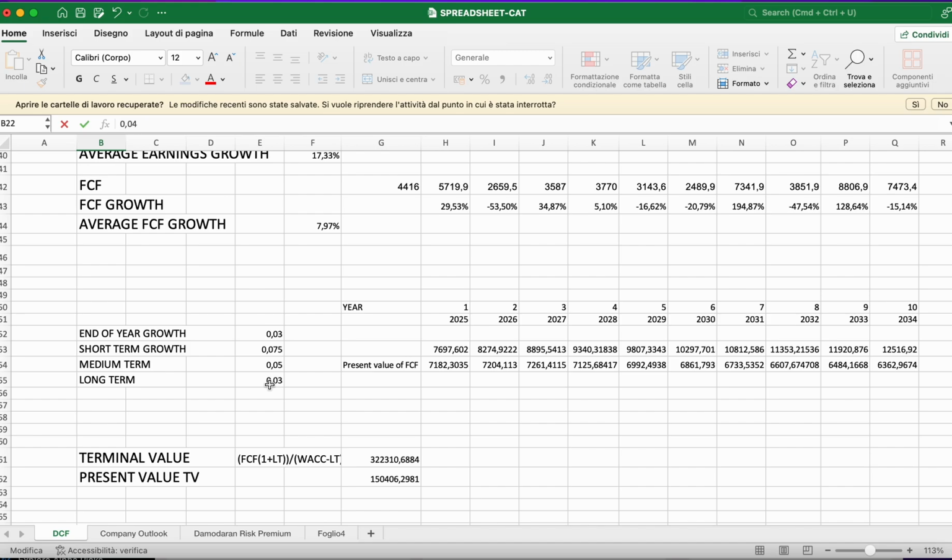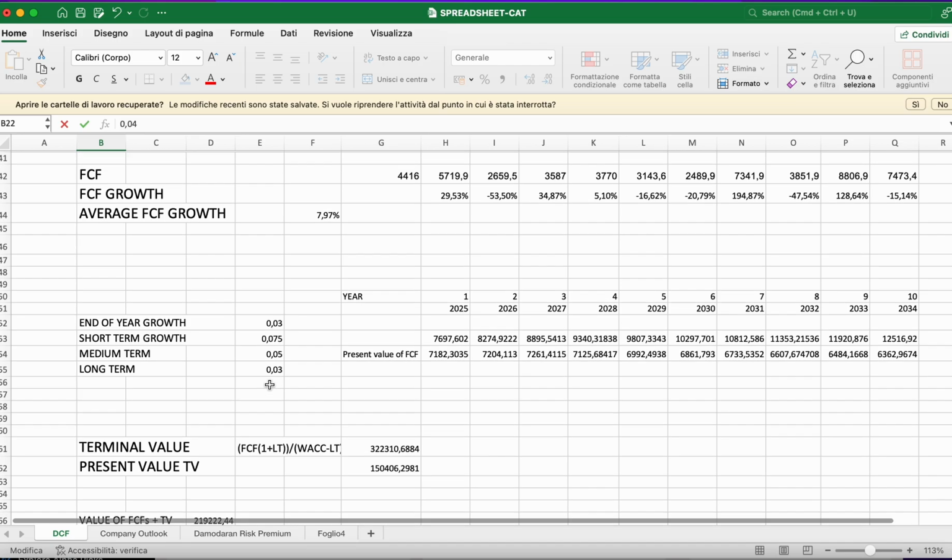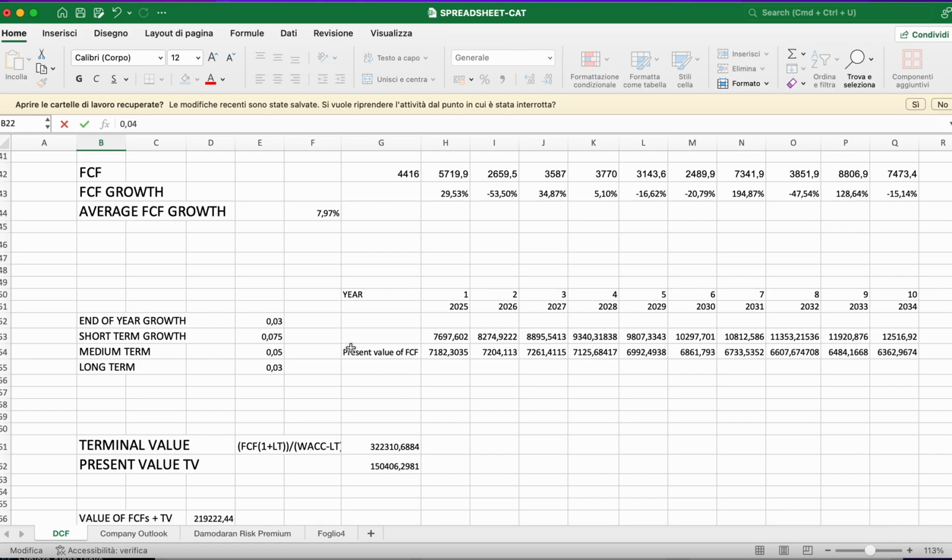Probably this year is going to be around 2.5 and so on, but you have to take into consideration that interest rates are still high, and despite that, the US is doing well, so it could probably do even better with lower rates. So yeah, this is the explanation behind these assumptions over here.